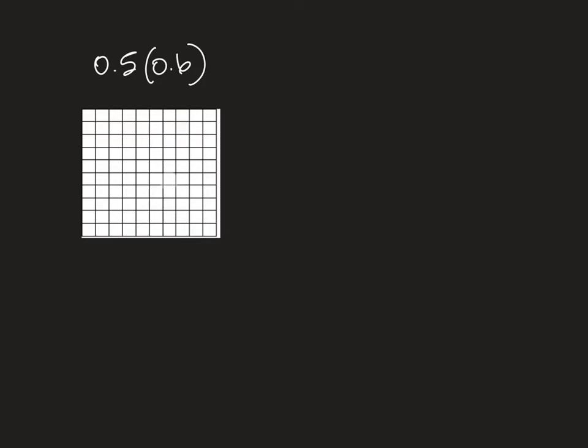So the first one we're going to take a look at is 5/10 times 6/10, and we'll look at it first from the perspective of a 100 grid. And so 0.5, or 5/10, is essentially like a flat, right? One grid equals 1. So 5/10, we would shade that in. 1, 2, 3, 4, 5.